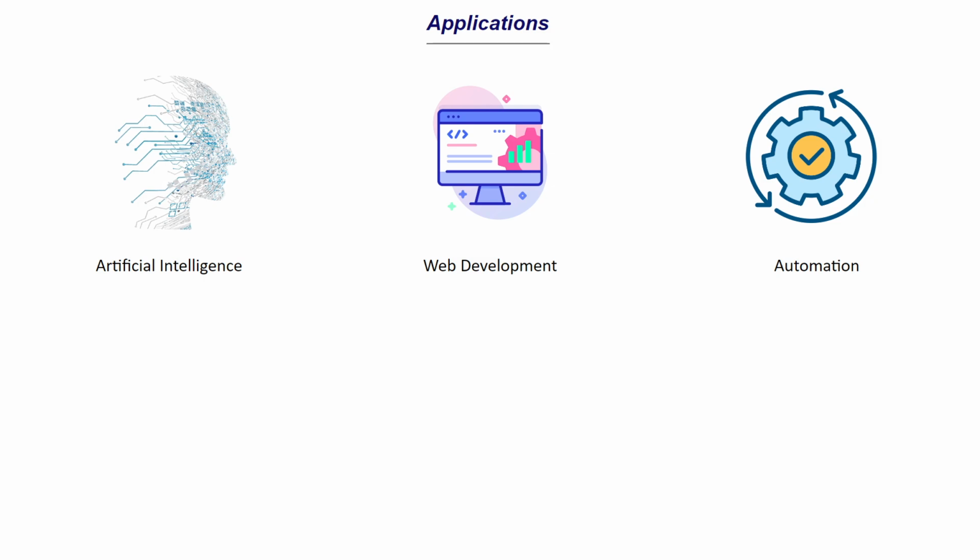Apart from this, there are also several domains. Data analytics is something where we can use Python for analyzing and visualizing the data. And then scientific computation: let's say we need to do a lot of calculations, maybe math based or science based. There also we have libraries that you can use in Python for these applications. So these are some of the main fields that use Python a lot.